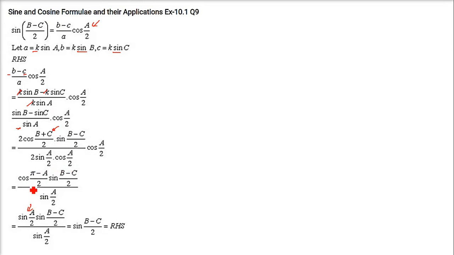So this sin a by 2, when this becomes sin a by 2, let me show you. This is sin b minus c by 2, this is intact. This cos a by 2 remains here. We have a cos a by 2. And then we have this 2 sin a by 2 cos a by 2, so just cancel it. Cos pi by 2 minus a by 2 will be sin a by 2. So sin a by 2 from here, sin b minus c by 2 from here, and sin a by 2 from here. So this gets cancelled again. This 2 gets cancelled. Only sin b minus c by 2 will remain.